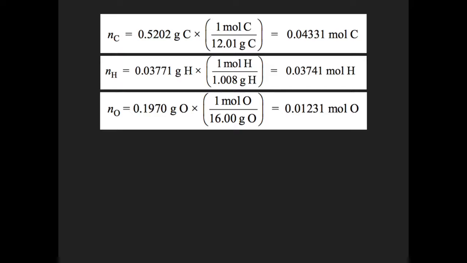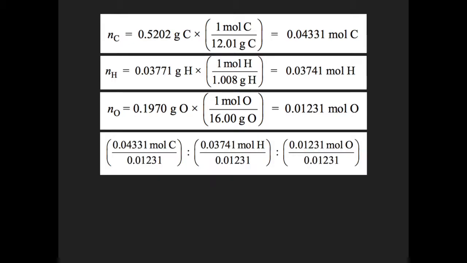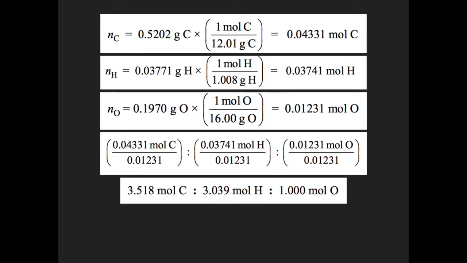Remember, what you have to do now is decide which of those is the smallest value, and that would be the moles of oxygen, the 0.01231. So I'm going to take all of those values for moles and divide by the 0.01231. And that's exactly what I did there. And so what I get is 3.5 moles of carbon, 3 moles of hydrogen, 1 mole of oxygen. While I can round the 3.039 to 3, that's fine, I cannot round 3.5 to 4 because I have to be within 1/10 of my whole value. So instead I have to take all of those numbers of moles and multiply by 2. So the empirical formula that I get is